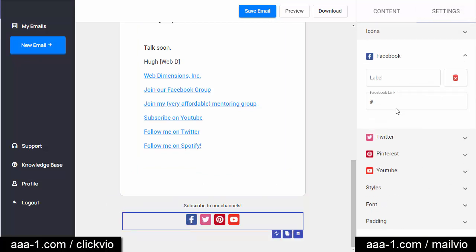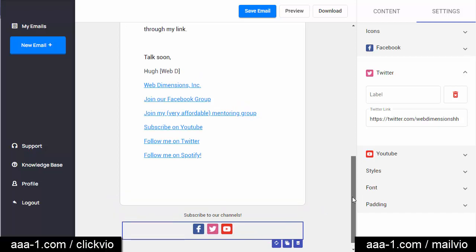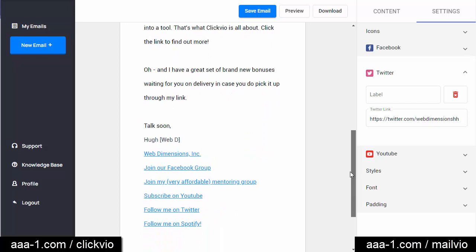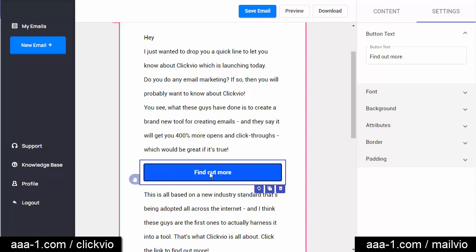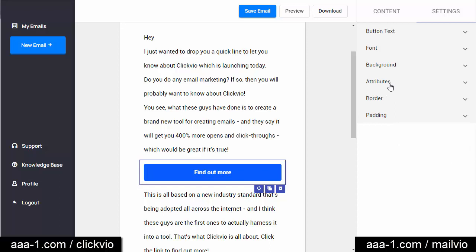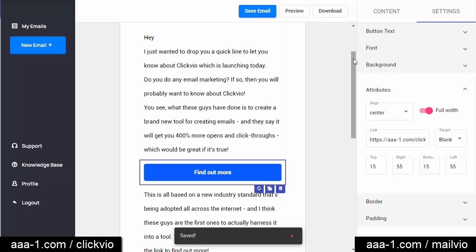I'm going to do that and pause and come back. Okay, I have my social links in there. And the last thing I need to do is make sure I have the right link here. In order to do that, I'm going to click Attributes. And that should work. So I'm going to save it. And the next thing I want to do now is to transfer it over to,